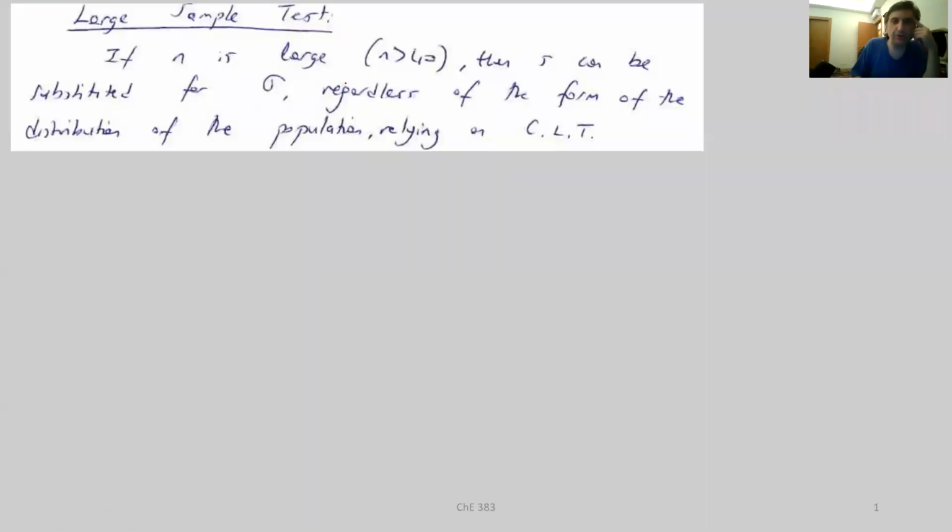Now I would like to show you a variation on the structure that we talked about. What was that structure? We had a normal distribution, and the population variance was somehow given to us, and then we conducted a hypothesis test on the population mean using that information.